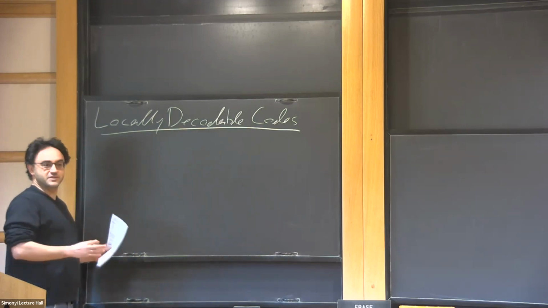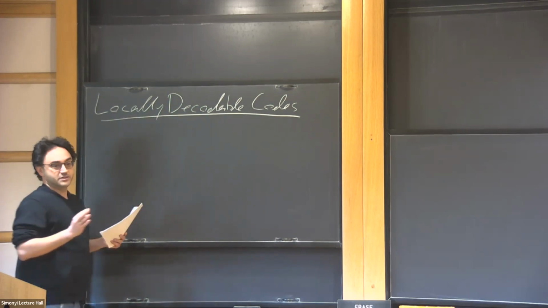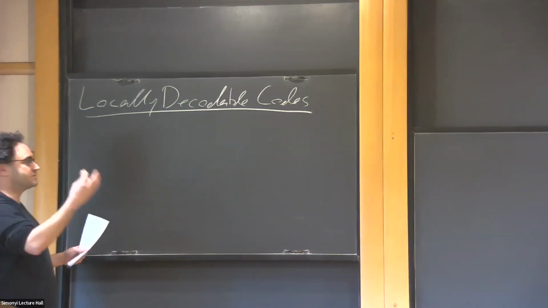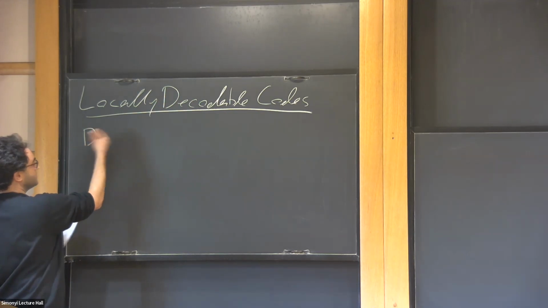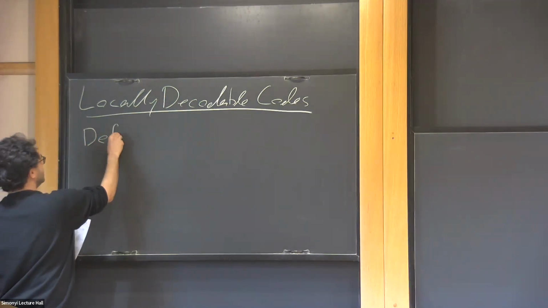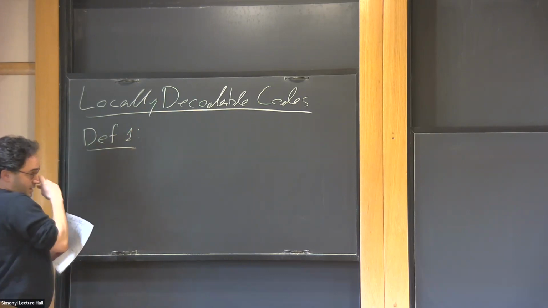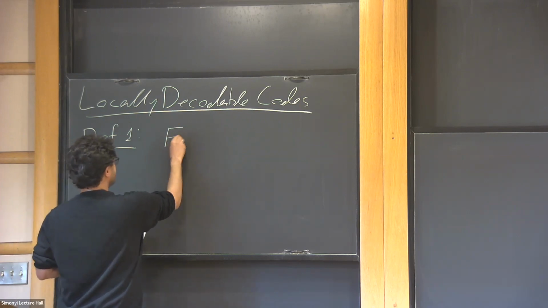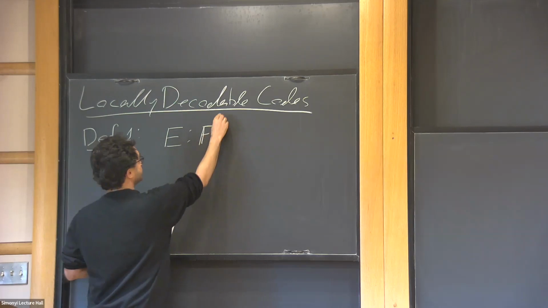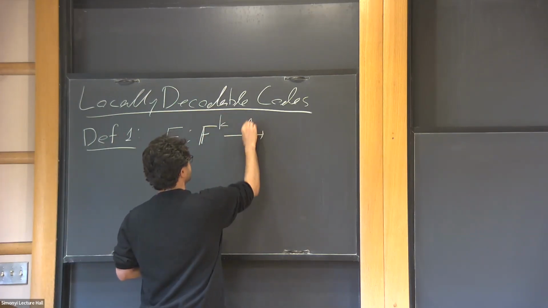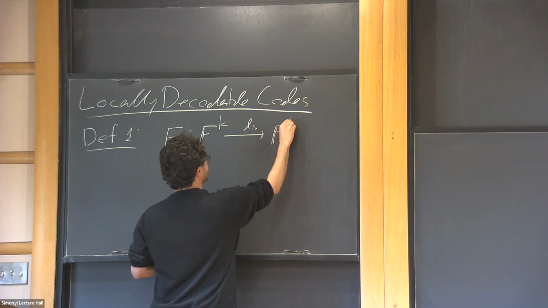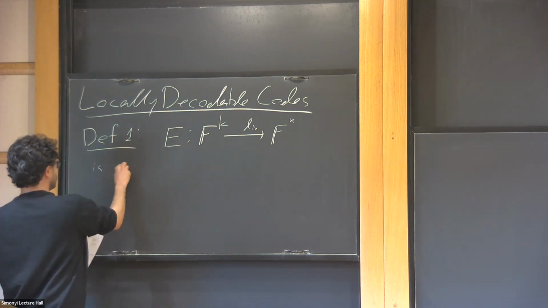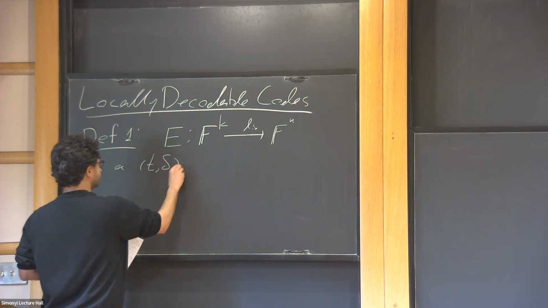Okay, so I'll start with the definition. We have two definitions. The first one is the more standard definition, where we have an error correcting code and a decoder that makes queries. And then we'll see an equivalent definition that's just using linear algebra. So this is definition one. You have a linear map, and feel free to stop me with questions. A linear map E from F^k to F^n, where F can be any field. And we say that this map is a (t, delta)-LDC